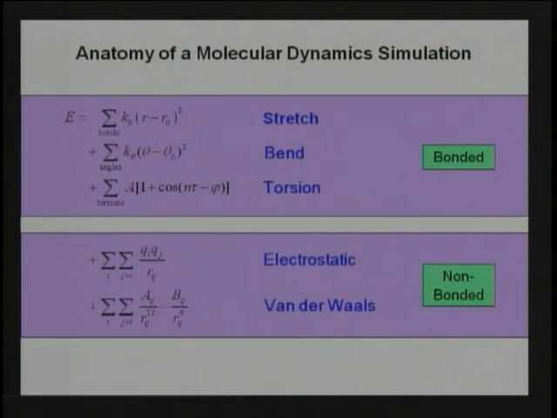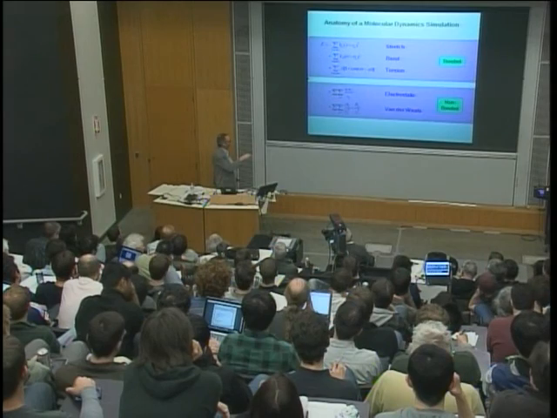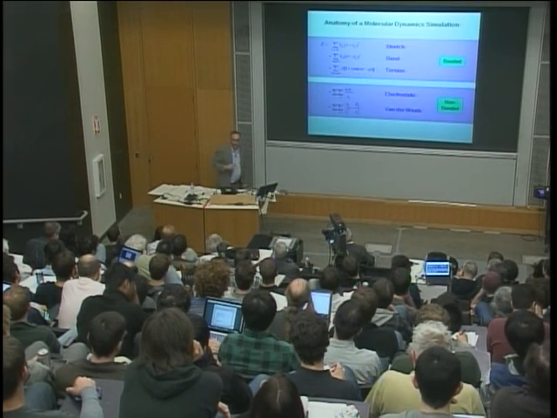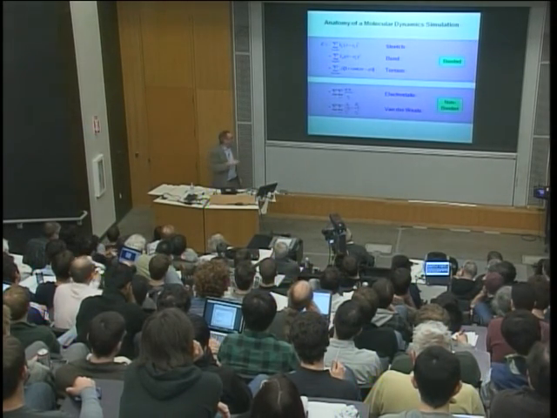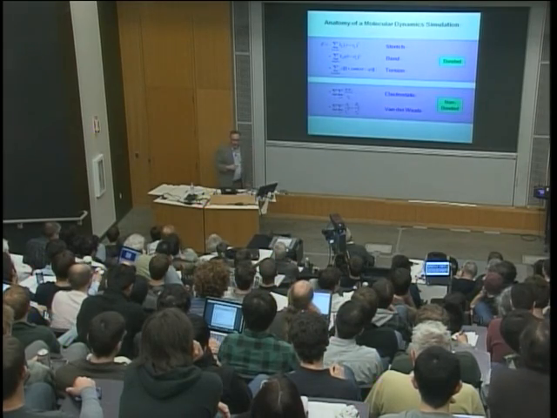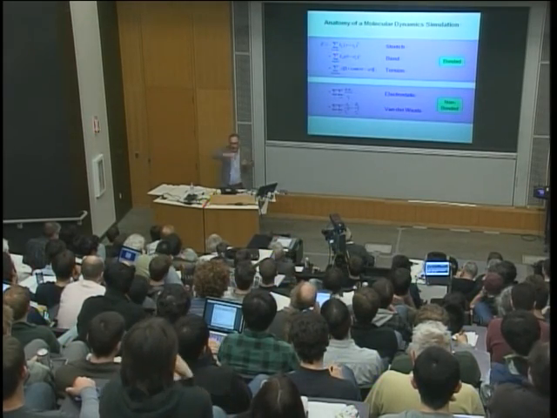And the first part is something very familiar to all of you, I'm sure, which is simply Coulomb's law. If you have two particles that are oppositely charged, they tend to attract. If they're the same charge, they tend to repel. And the strength of that interaction is, in energy terms, 1 over r, or in force terms, 1 over r squared. And that turns out to be the main thing that's going to take time, simply because the 1 over r doesn't decay terribly fast, and so you have to consider things that go out pretty far.